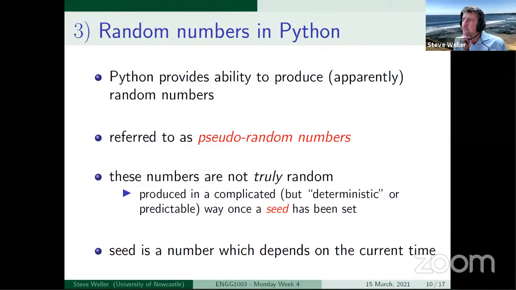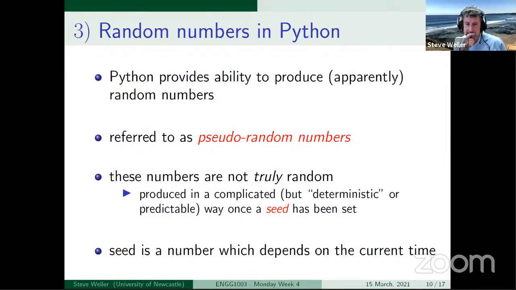So if you ask Python to generate a random number, I'll show you what that looks like in a slide. What it'll do is use a pseudo random number generator that's been initialized with a seed that depends on the current time. And so when you run the program, the time will influence what random number or sequence of random numbers is generated.